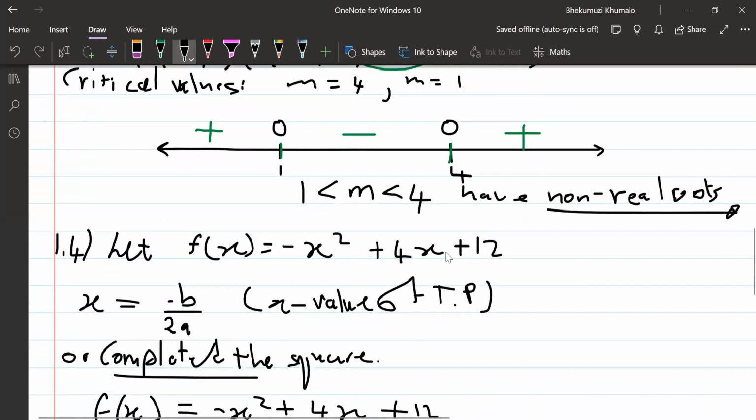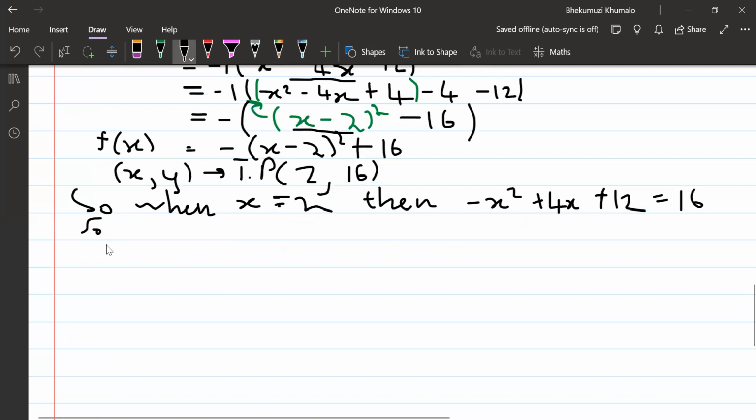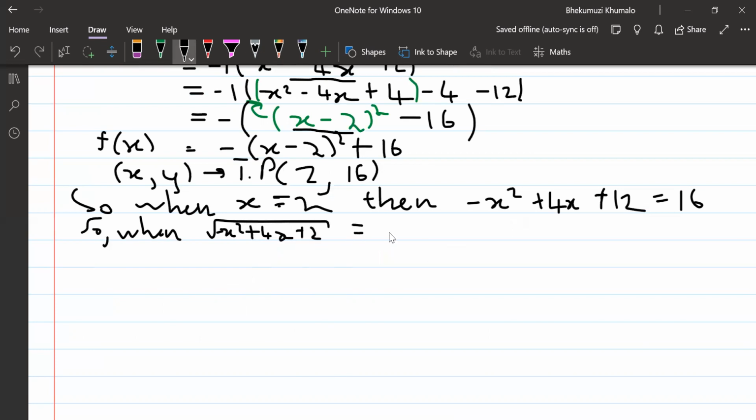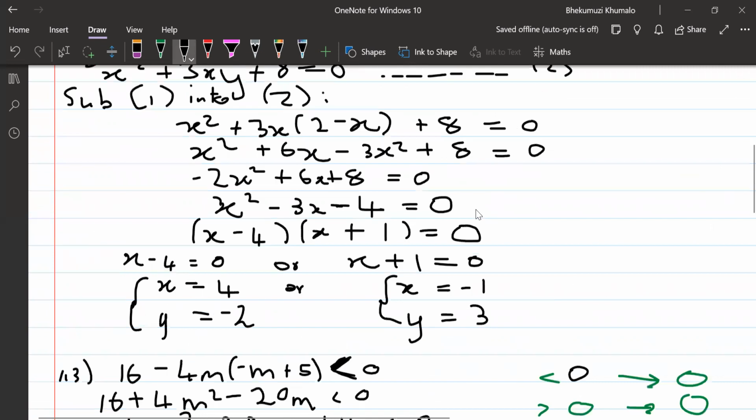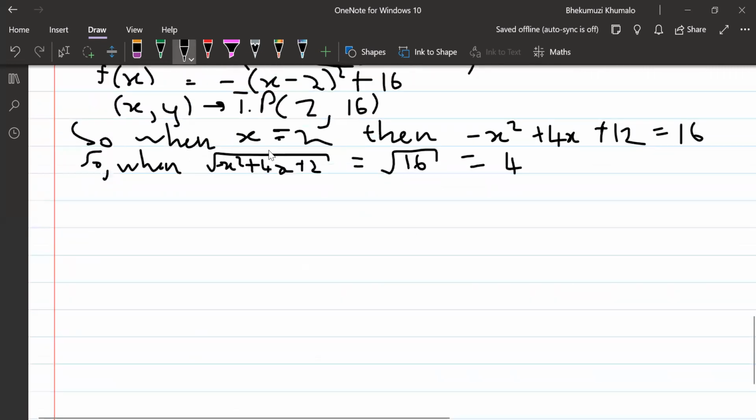So when we square root this, minus x squared plus 4x plus 12, which is supposed to be equal to 16, that would give us what? 4. And that's exactly what we were looking for, which is 4, right? So we've just shown that when x is equal to 2, this expression is 16, therefore the maximum